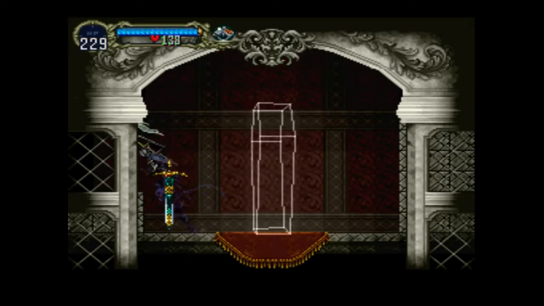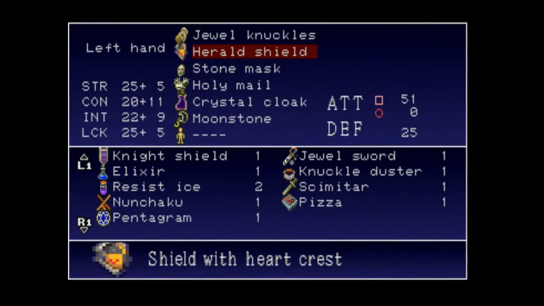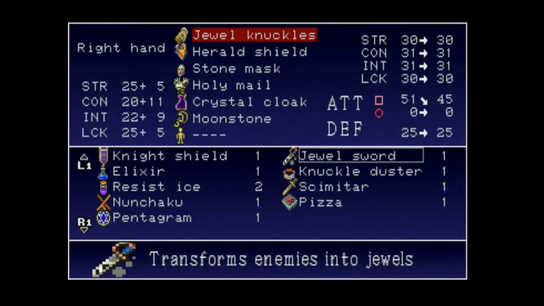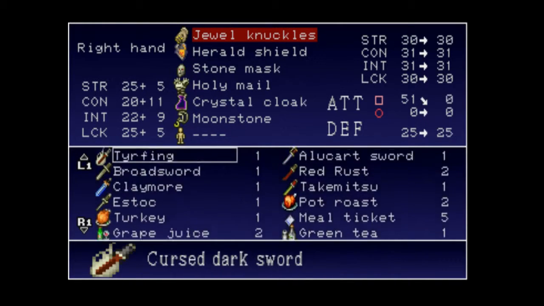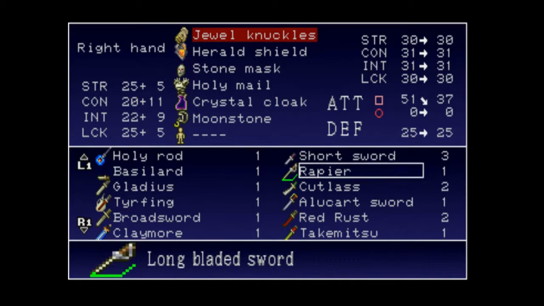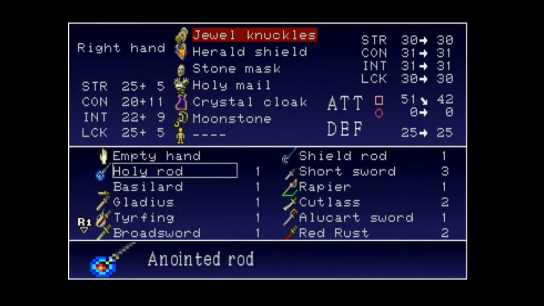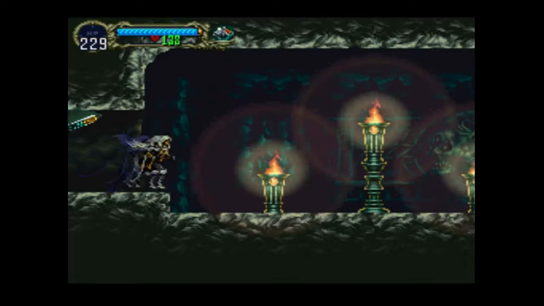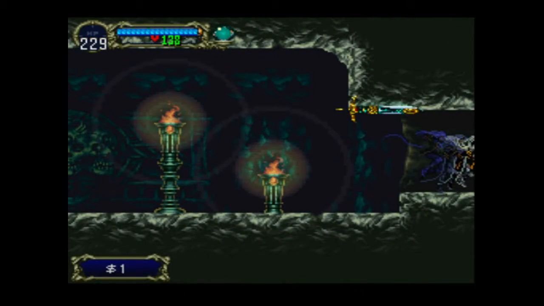Because this fight can actually be kind of a thing. I mean, it's not necessarily difficult, but it can be. Let's see. I don't think I want to use the scimitar. Man, we really don't have a lot of. Let's see. Yeah, Alucard shield. It's a two-handed sword. I don't want to lose the... I got the Basilard and the Rapier. And the Holy Rod, the Shield Rod. The Shield Rod actually bumps our defense up. The Shield Rod's pretty good. I'm gonna start with the Shield Rod, actually. It's because this particular boss, I want reach more than I want...